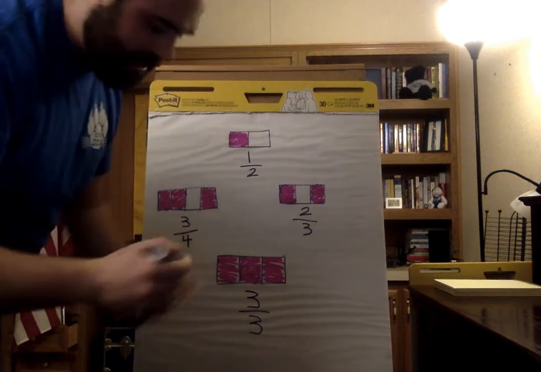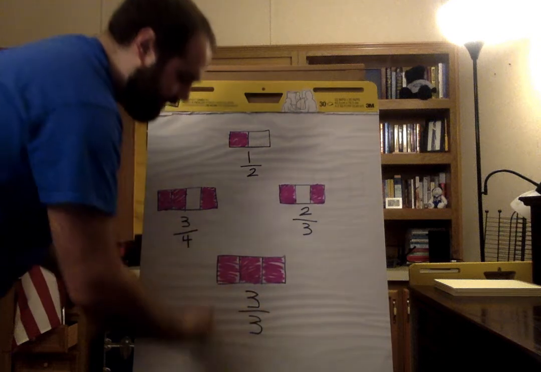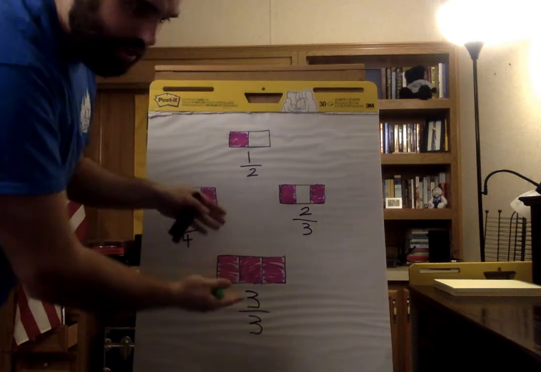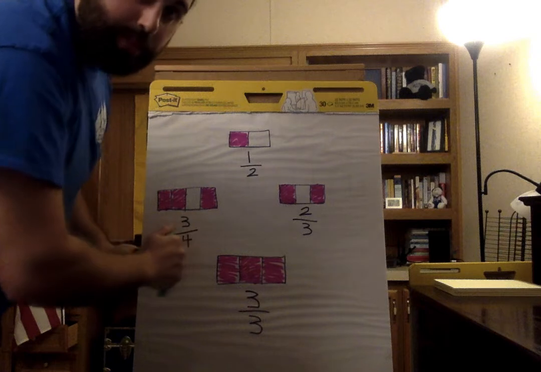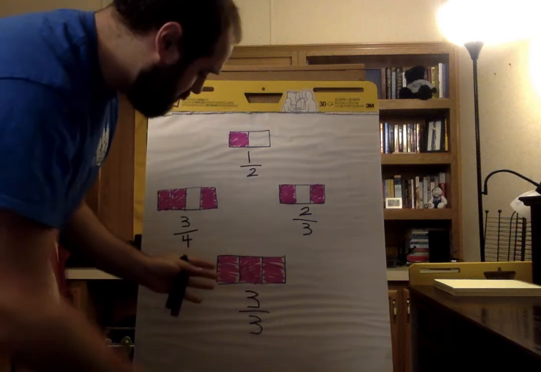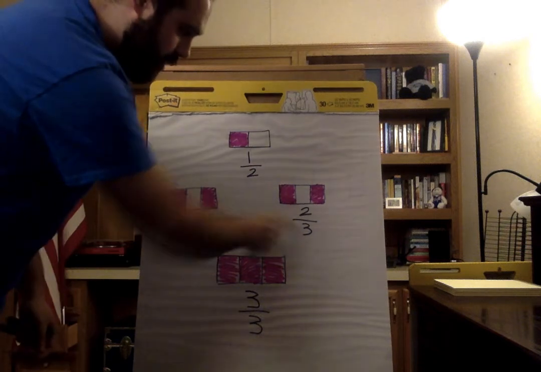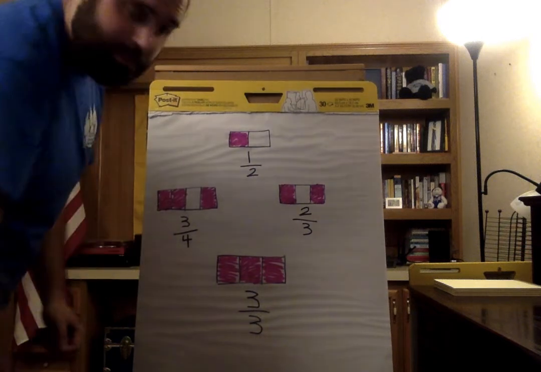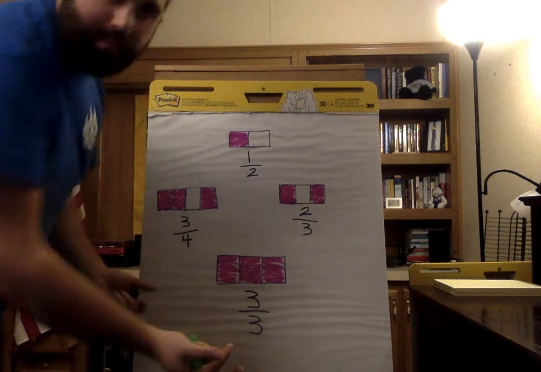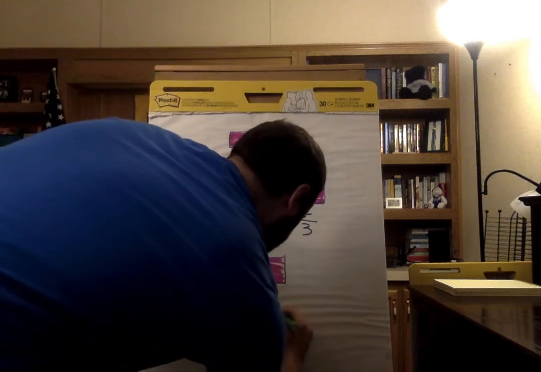There's even another way, and this is the way that I prefer. So once we get an entire fraction filled up, think of this as like a giant pizza. Even though it doesn't look like one, think of it as a giant pizza. You have a whole pizza, right? It's not split up into 1/2 of a pizza. It's not split up into 2/3 of a pizza, 3/4 of a pizza. This is 3/3 of a pizza. It's the whole pizza, right? The whole thing's there. So another way we can say this is